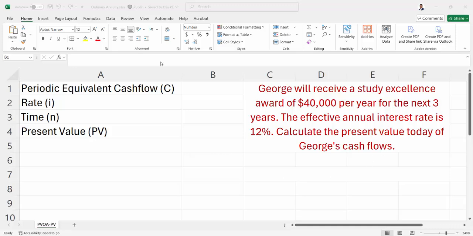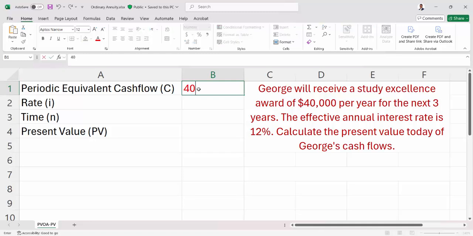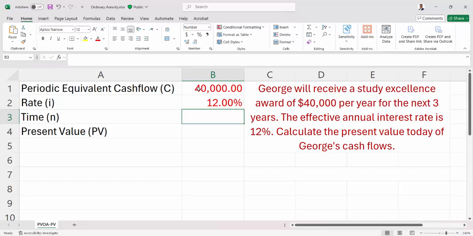So let's start by including our variables here. So our periodic equivalent cash flow is 40,000. Our interest rate is 12%. Our time is 3. Therefore, our present value will be, we will write our Excel built-in function, which is present